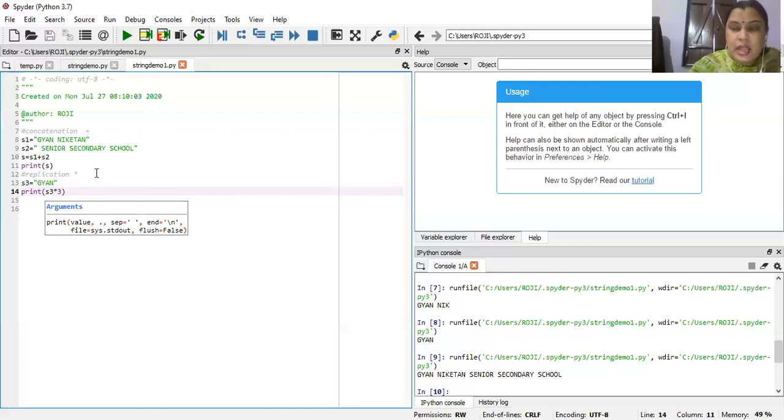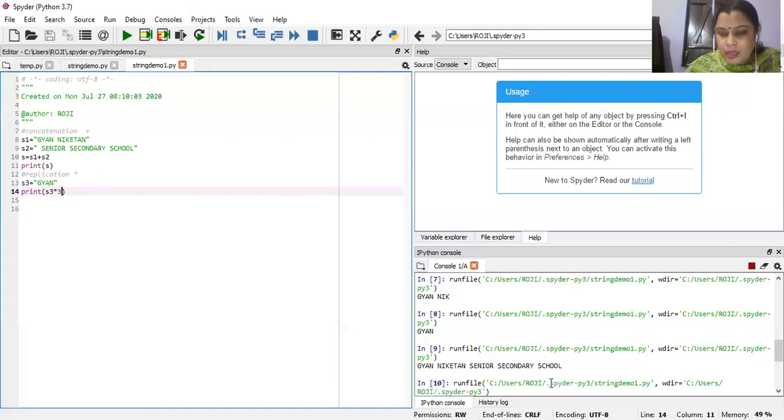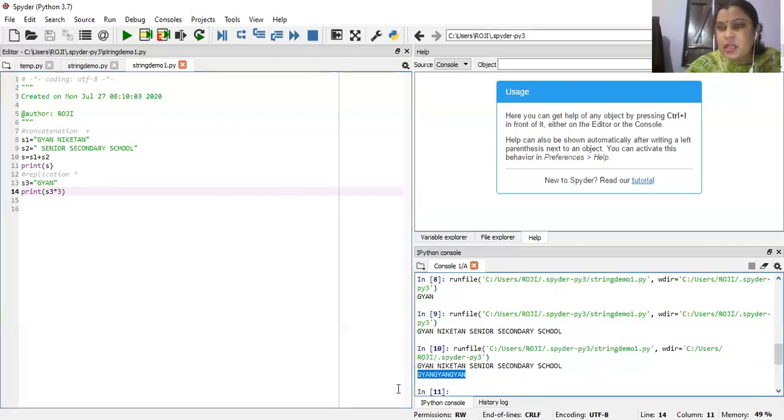This means that the S3 value, Gyan, will be repeated 3 times, and the output will be Gyan repeated 3 times. This is known as the replication operator. Replication means the same string repeated n number of times. The string is S3, repeated 3 times. So the multiplication operator is known as the replication operator.